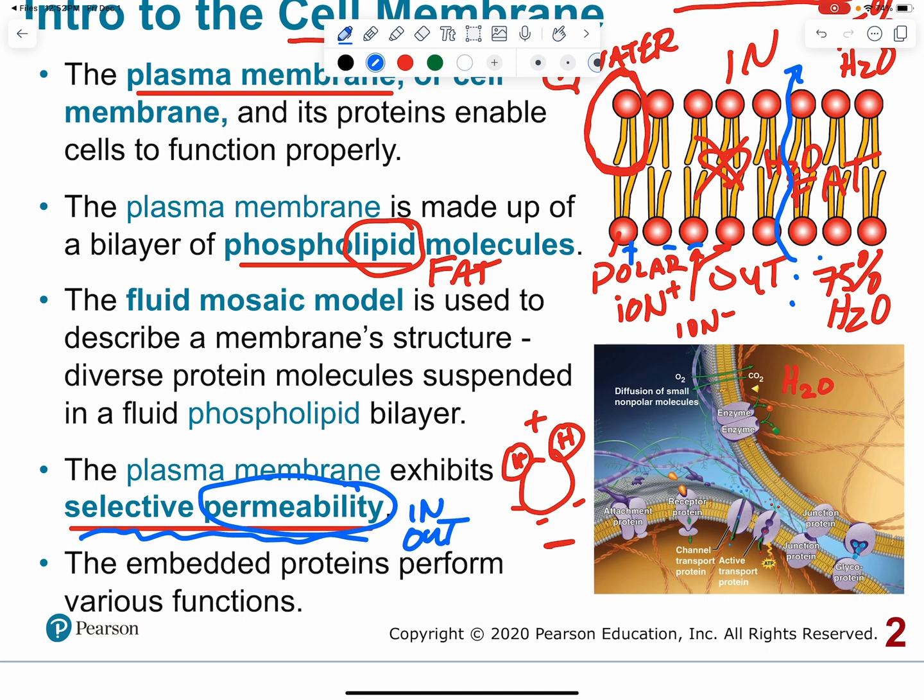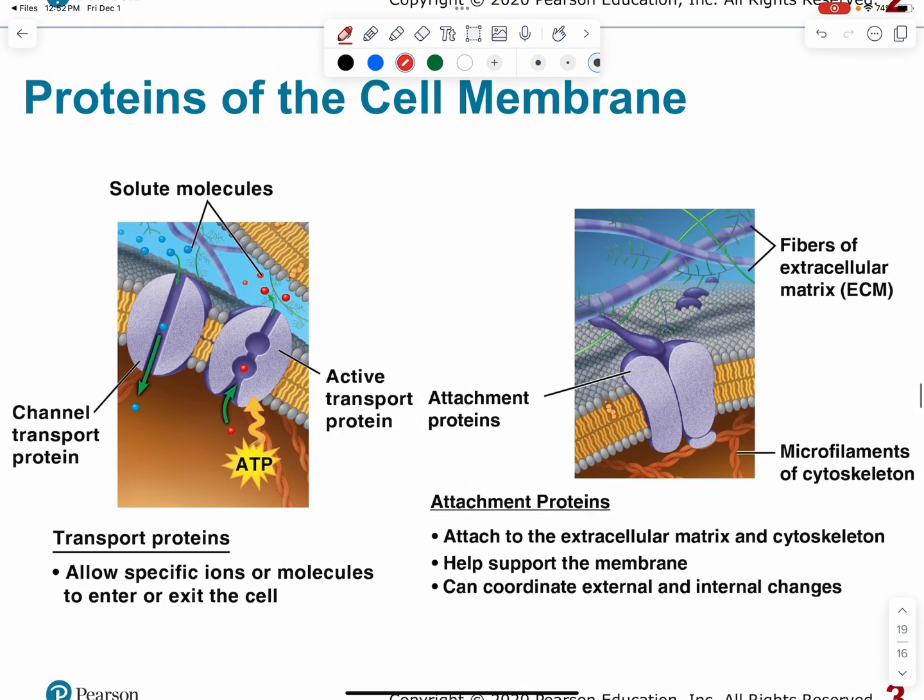There are 7 embedded proteins, and they're going to perform 7 different functions. And we'll get to it right now. The numbers 1 through 7 on that first slide don't matter, so I'm just going to number them as we go through here. The first thing is